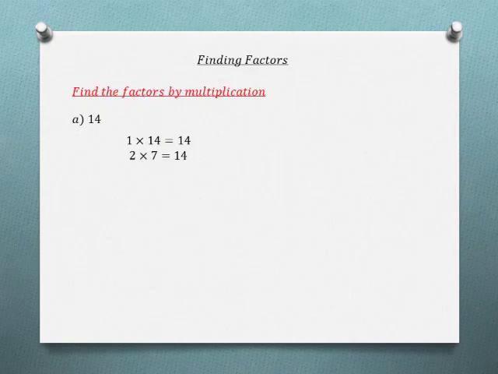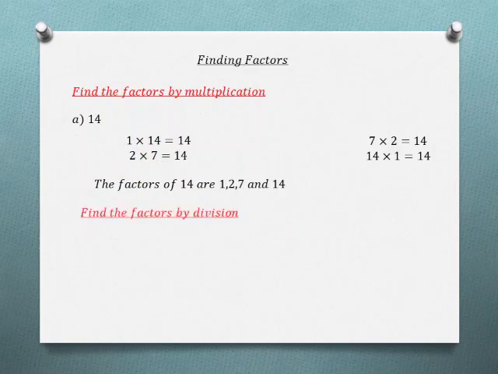So that's all. We will get it in the 7 table, 7 twos are 14. We already have the factors 2 and 7, no need to mention them again. So the factors of 14 are 1, 2, 7 and 14. Then 7 twos and 14 ones are 14, so these 4 numbers we already got. No need to repeat the same numbers again. You have to remember that. Next, finding the factors by the division method. In this we are going to see one example, that is 18.